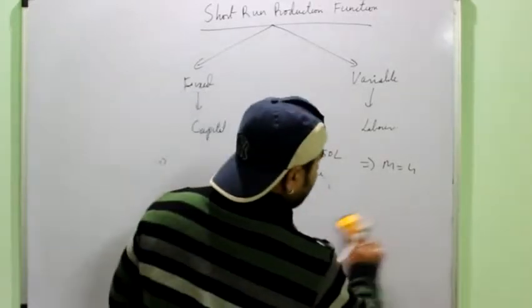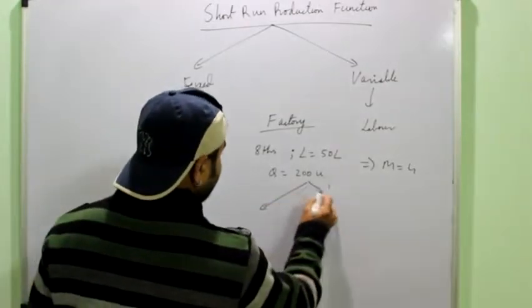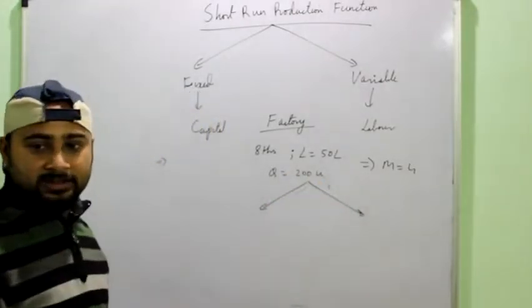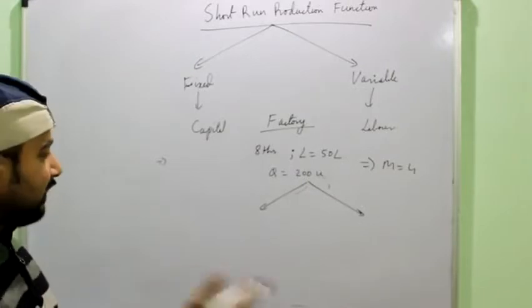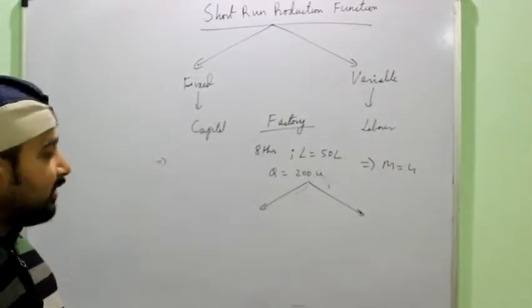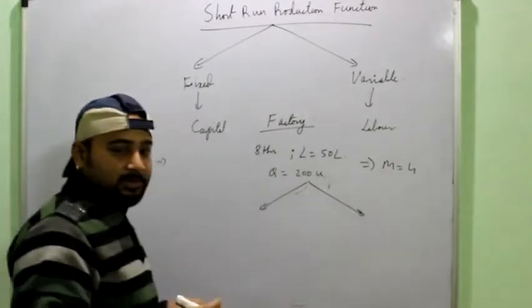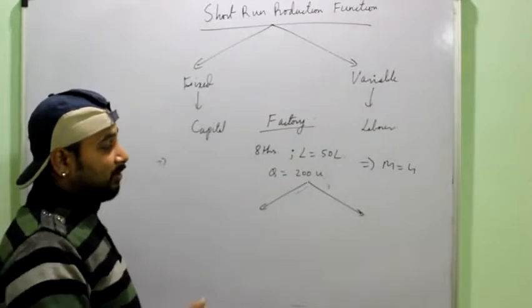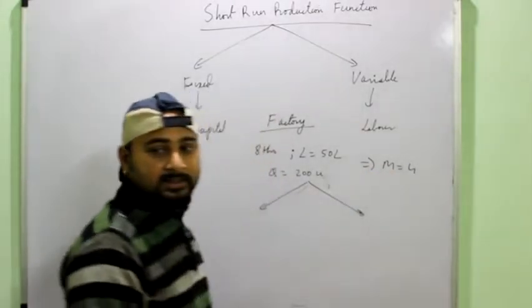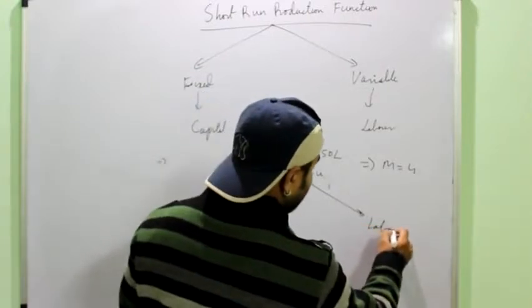Now you can increase your production by two ways. One is you bring 4 more machines, right? So you can double your production. You can produce 400 units in one day and 800 units in 2 days. But I don't think that would be a good idea, because these orders I do not get every day, right? So the better option is that I bring more labor.